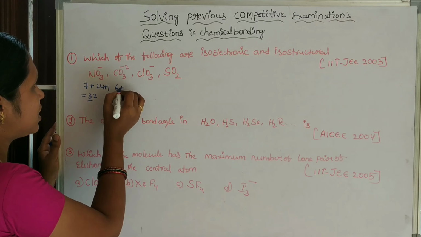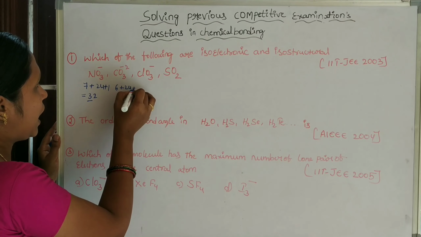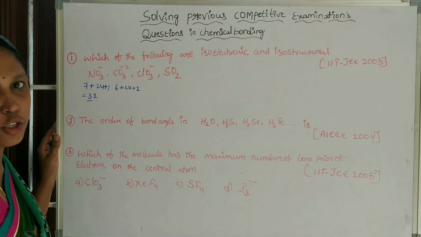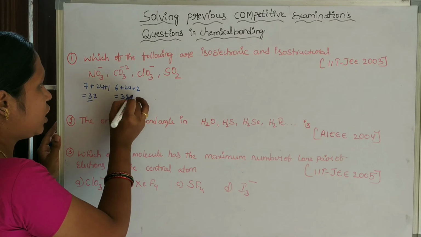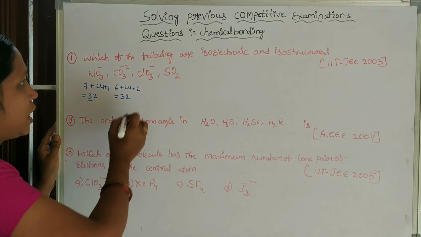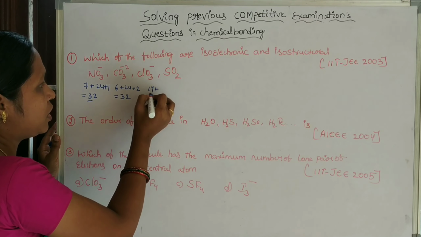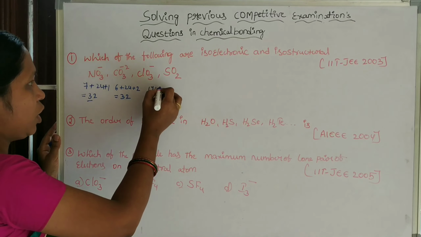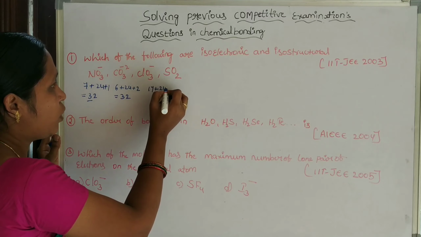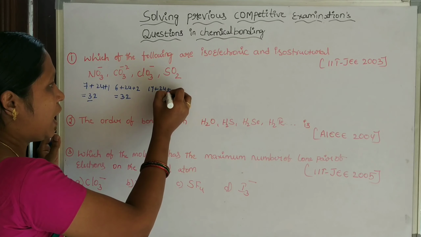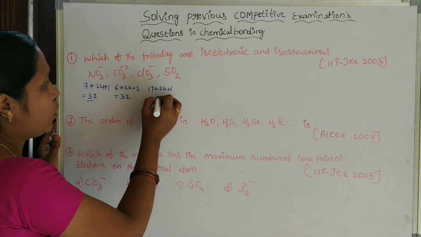Carbon has atomic number 6 and oxygen has 8, so 24, and it carries 2 units of negative charge. So add 2. So here also it has 32 electrons. And next, ClO3 minus. Chlorine has atomic number 17 and oxygen has 8. 3 oxygens give 24, and it carries 1 unit of negative charge, so add 1. So that is equal to